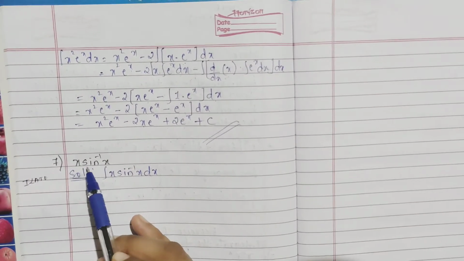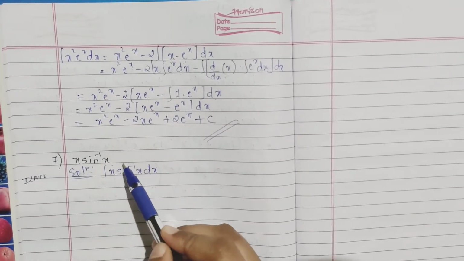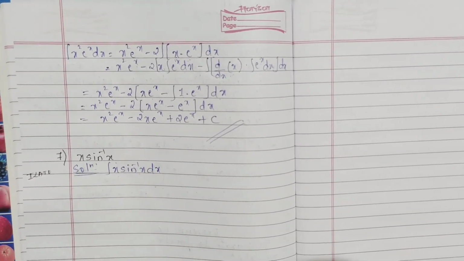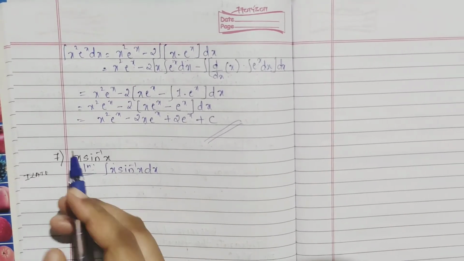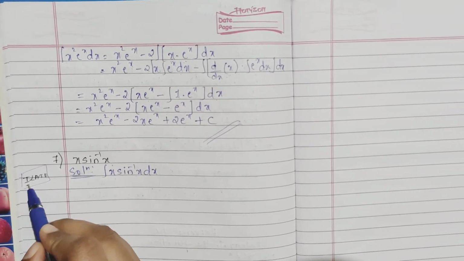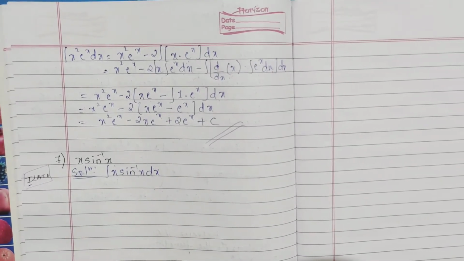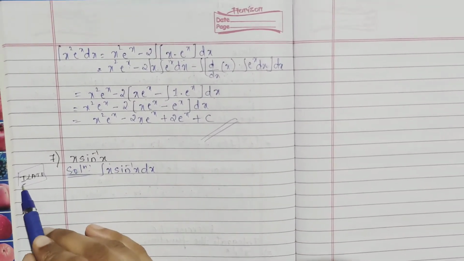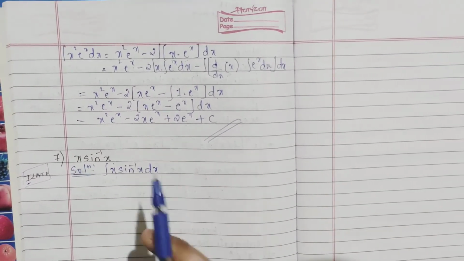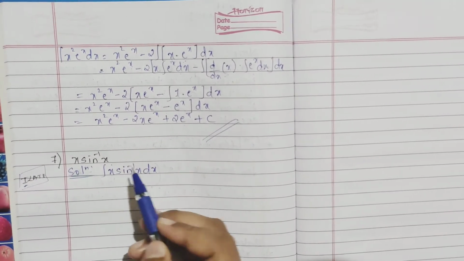Next question, x sine inverse x. So write it, integral. This is algebra and inverse trigonometric. Okay, so it is algebra and inverse. So again go to your ILATE. In your ILATE, first is your inverse trigonometric. So we will take the first function as your inverse trigonometric and the other as your second. So we will take, you can see here, first inverse as your first function and your algebra we will take as the second function.